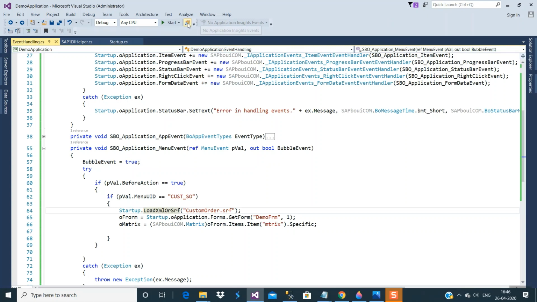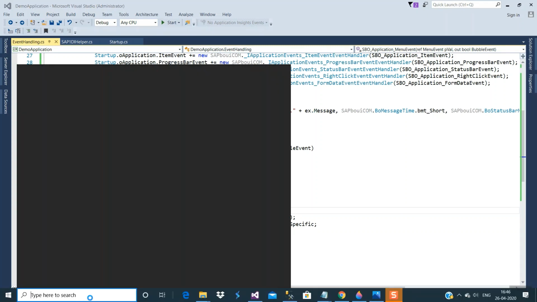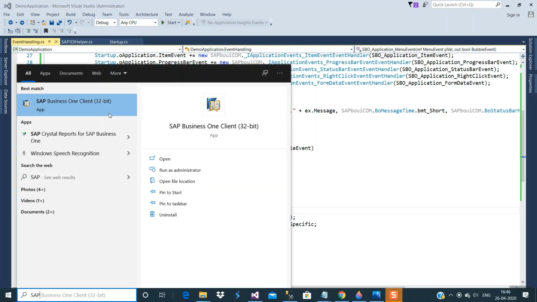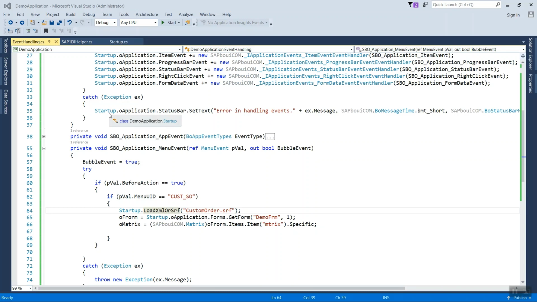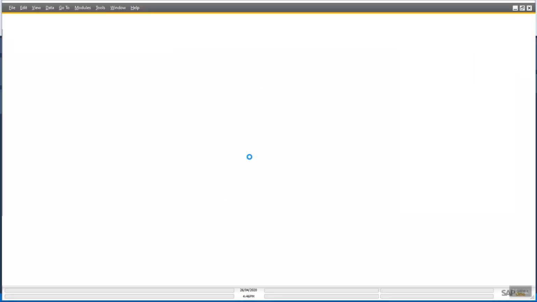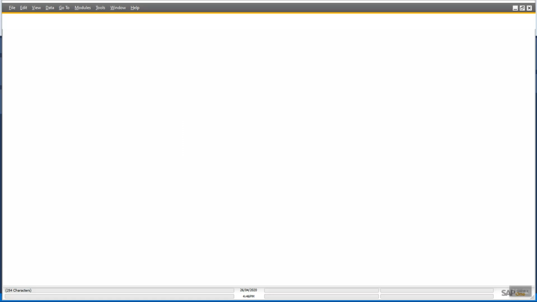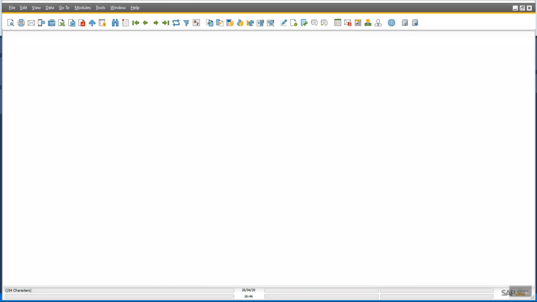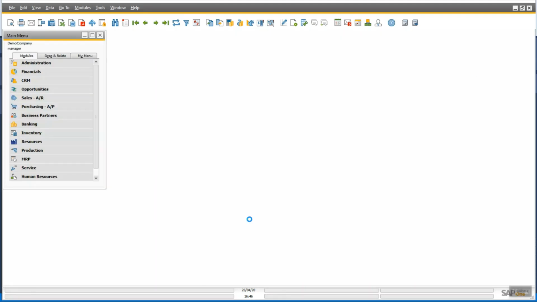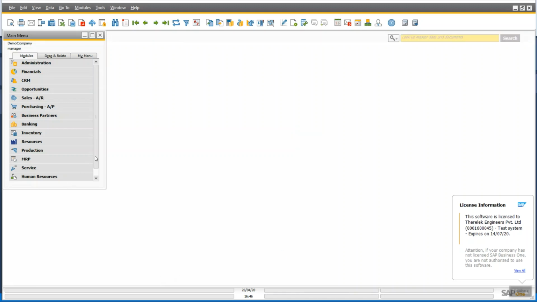So let's check what will happen after running the application. Let me open SAP Business One, and then let me connect. Here at the end of the menus we will have our menu ID.